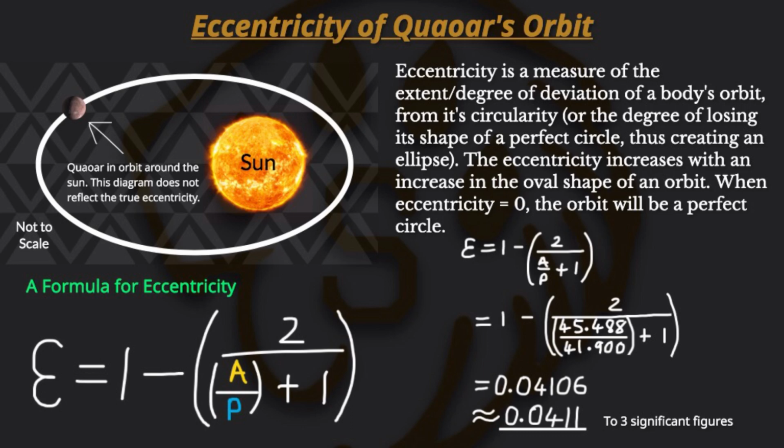Just so you understand why this formula is like that. If the aphelion and the perihelion in this case are equal, like in the value, if the magnitude is the same for the aphelion and the perihelion, if they divide each other, they'll give you 1. If you add to that 1 in the denominator, you get 2. If you divide 2 into 2, you get 1. If you subtract the 1 outside the bracket and the 1 that you get inside the bracket, you get 0, which means the eccentricity, which is in the form of epsilon, is just a symbol that we decide in the science field to use for our eccentricity. So if we subtract 1 and 1, we get 0, and then that becomes the eccentricity